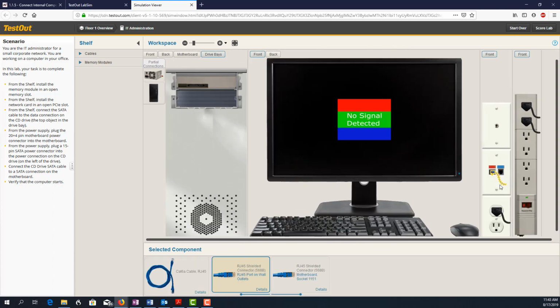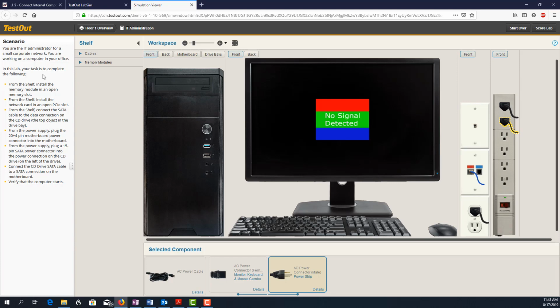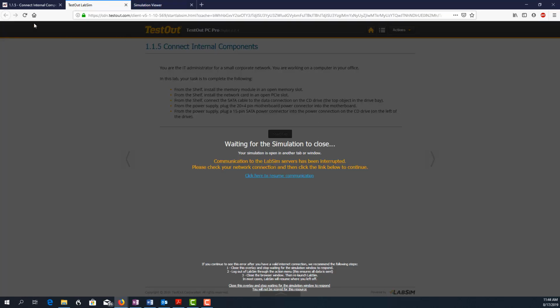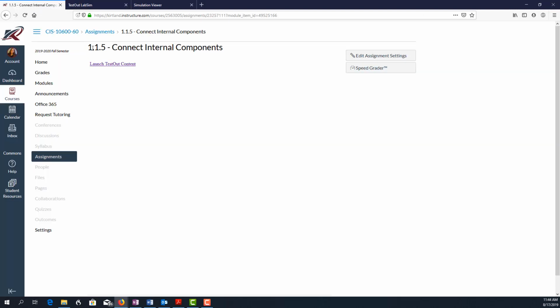I might need to plug and unplug these devices, right? So you can click on them to select them. And you just got to pay close attention to what is actually selected and then where you are in it. If you're first learning how to do this, it can be a little bit frustrating. So feel free to go in and YouTube and then put your test out exam number, which you're going to get right here,